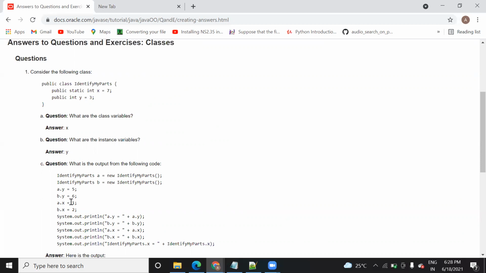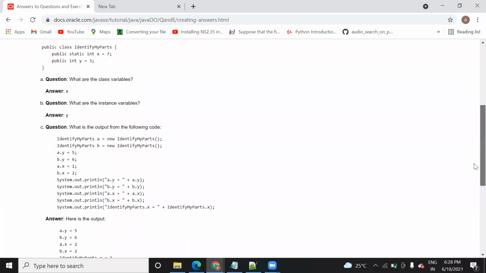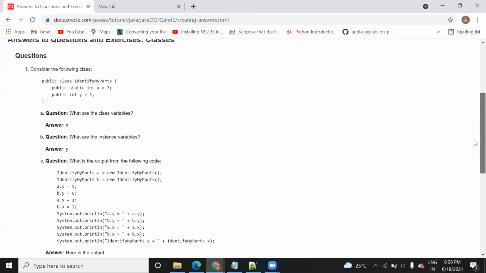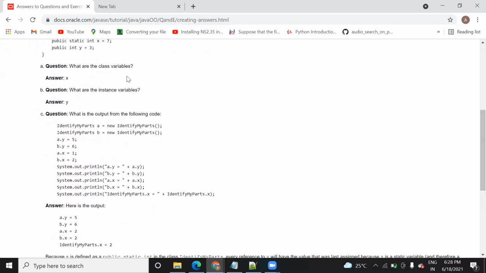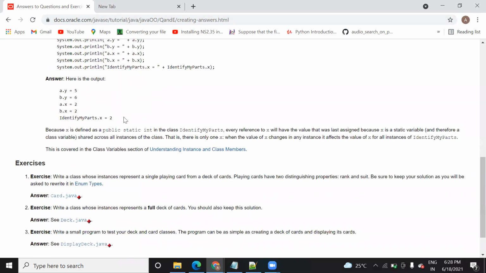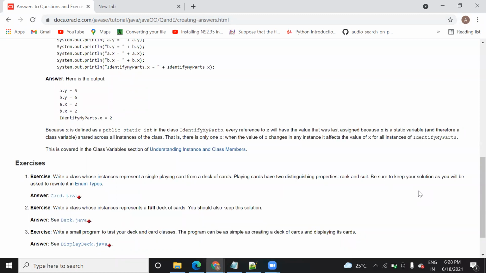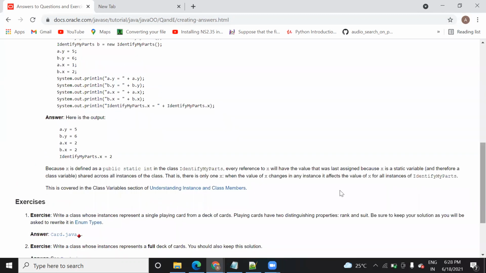Similarly, b you are calling with a different object, but that variable x is a class variable. This one is not with respect to this, it is a different one. But here, okay, yes, yes, I got it.